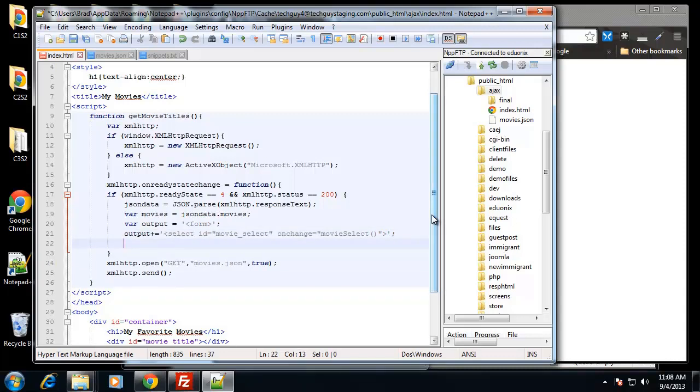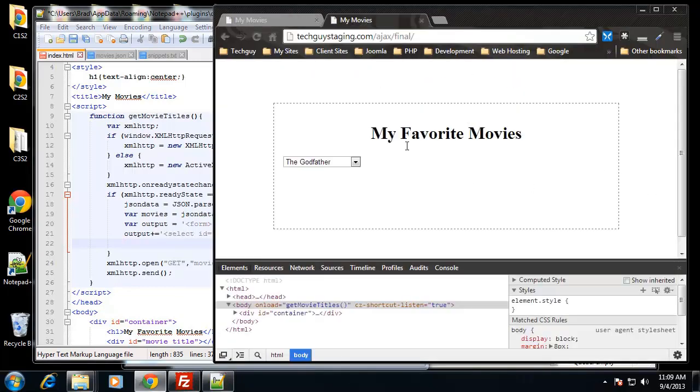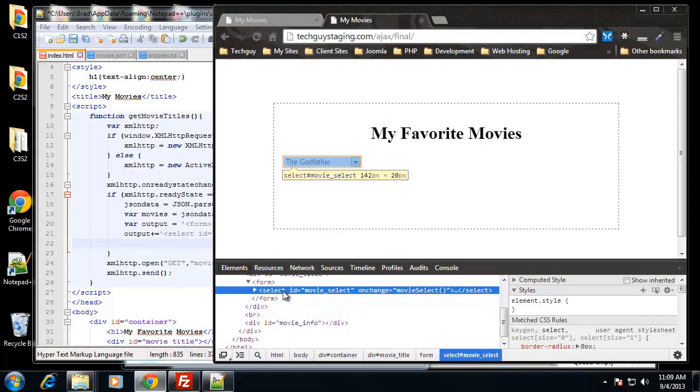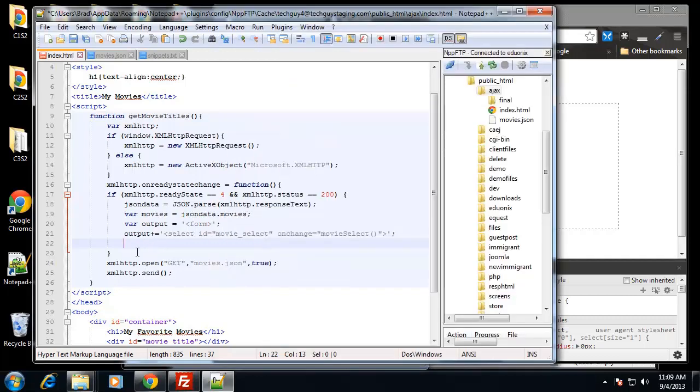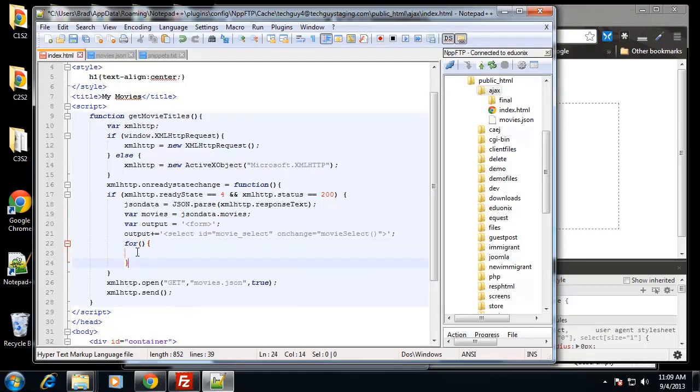So next thing we need to do is get the option tags and values. If we look at our final product, if we look at the HTML here, we have the select tag, and then we have these options. Now, to create these options and populate them with the titles, we need to create a loop. So we're going to say output, we're going to create the loop. This is going to be a for loop,